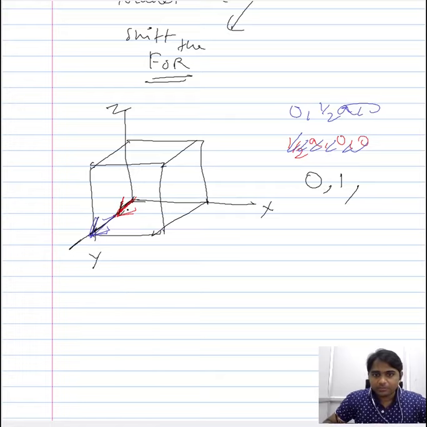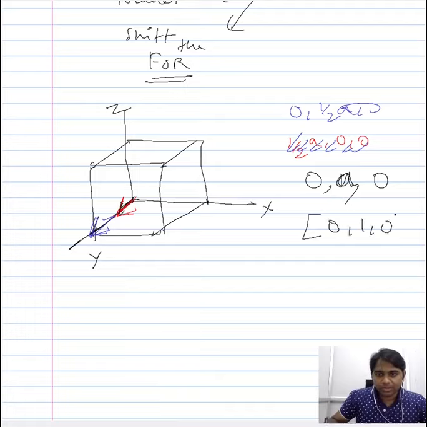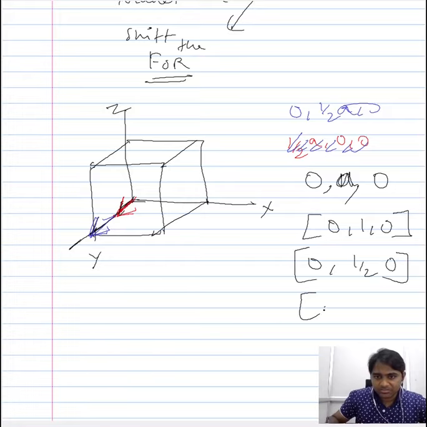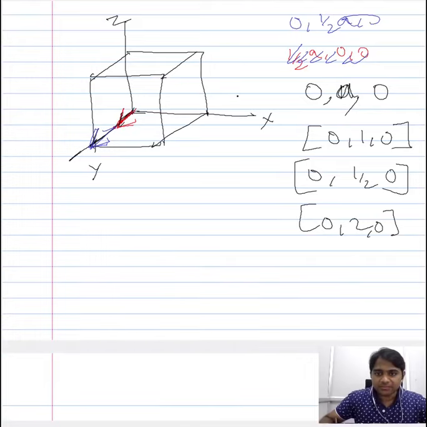And now it does not have any projection along the z-axis. And now we factorize it, you ultimately end up with 0, 1, 0. So 0, 1 by 2, 0, which you factorize would be 0, 2, 0, is similar to that of the 0, 1, 0. And now you can again divide this by 2, you will ultimately end up with this here.